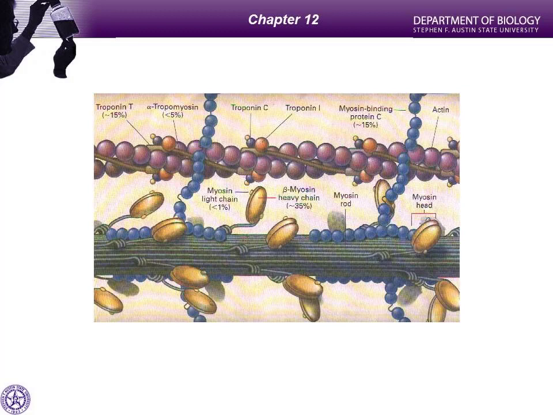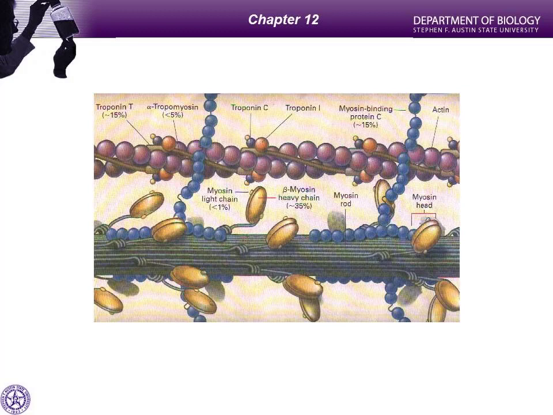Now, do you notice in this illustration there's a little piece of spaghetti that's running right through this groove of our two filamentous actin strings? And then we have these little dots that are sitting on the spaghetti. These are very critical regulatory molecules that are associated with actin. They're not so much structural, like we saw with titin and myomesin relative to myosin. But for actin, these associated molecules are, first, the spaghetti, which is tropomyosin,